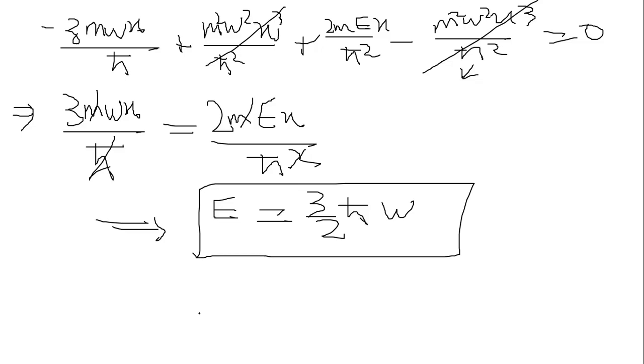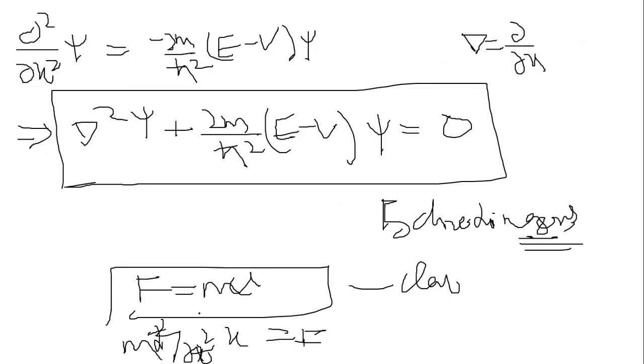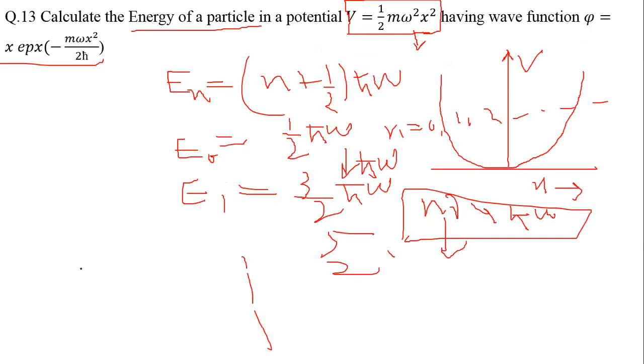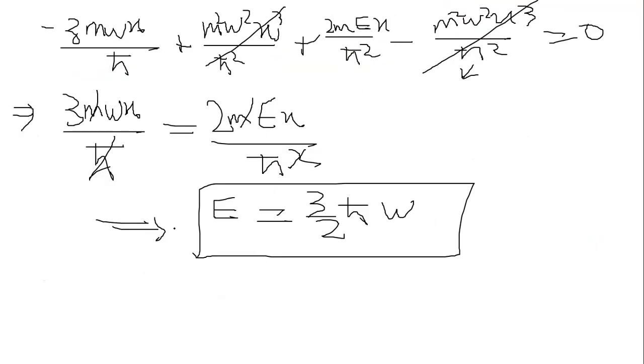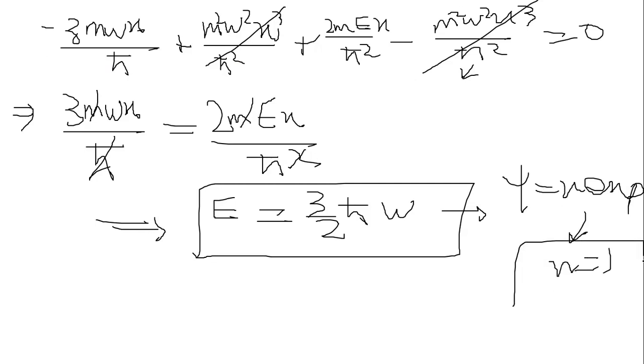So this is the energy of the particle in a potential region, being a potential of the form V equals half m omega squared x squared, whose wave function is psi of x equals x times exponential of minus m omega by 2 h cross x squared. So when we first discussed the eigenvalue relation, we get for n equal to 1, it is 3 by 2 h cross omega. So from the derivation we also got 3 by 2 h cross omega. So the wave function psi, x into the exponential term, corresponds to n equal to 1, because